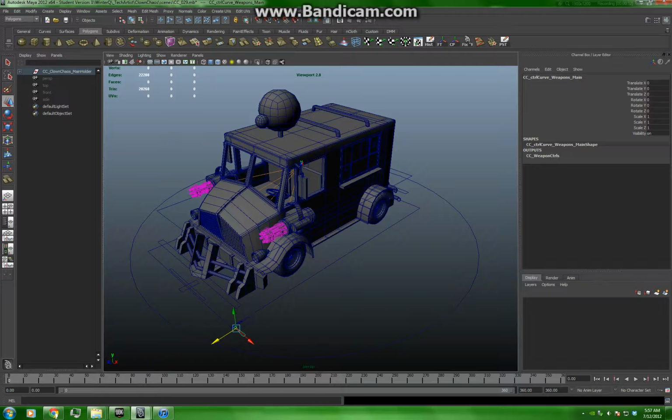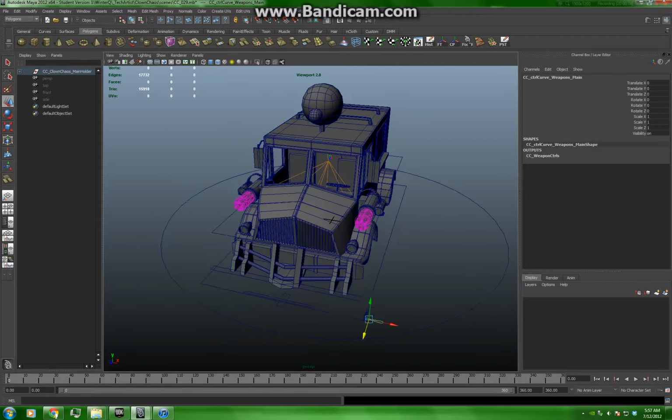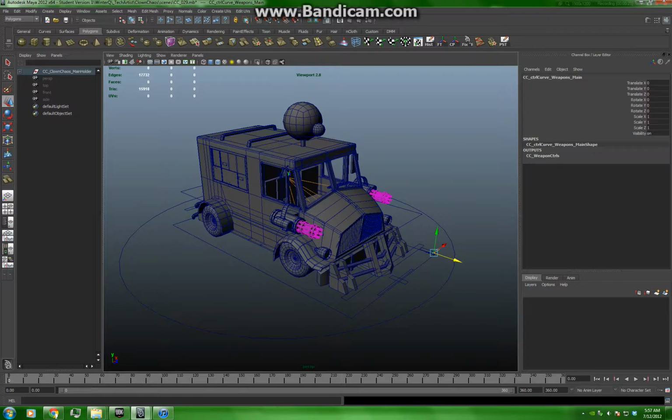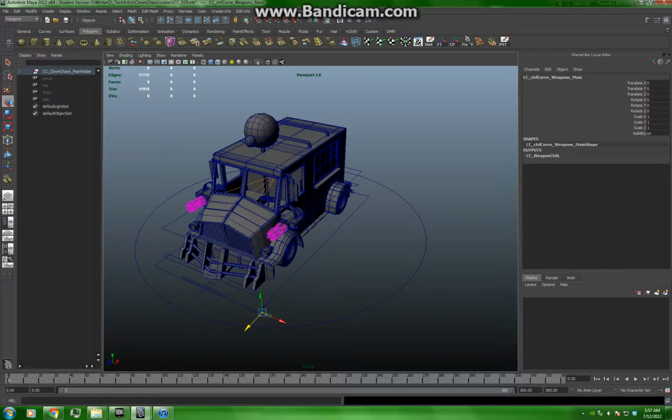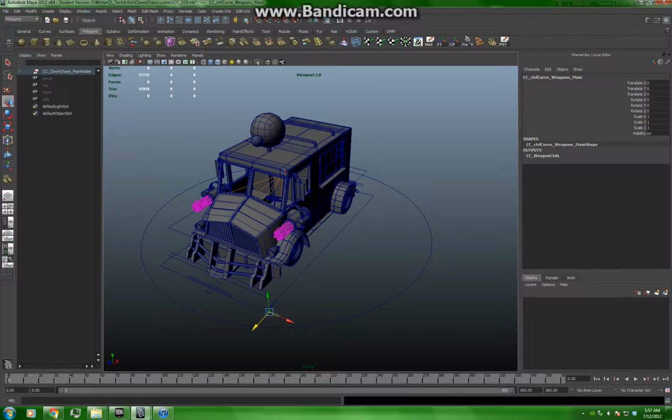This is basically a car rig I set up in Maya for a fellow classmate, and the one thing I wanted to focus on while building this was ease of use as well as organization. I wanted to make it so that every single aspect of this could be easily found and then modified as need be. I'm going to go over here to the outliner, and as you can see, when I open this,